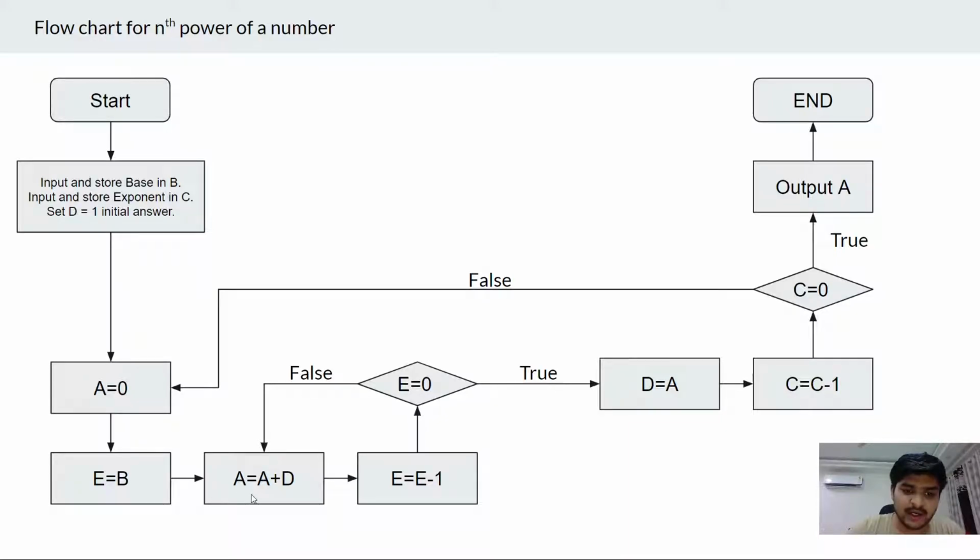So when we run this statement, a will become a plus d, then e will become minus 1. And then if we check if e is equal to 0, it will give false. And it will keep decreasing, and the loop will go on. So this program will not run properly if the initial value of b is given 0.